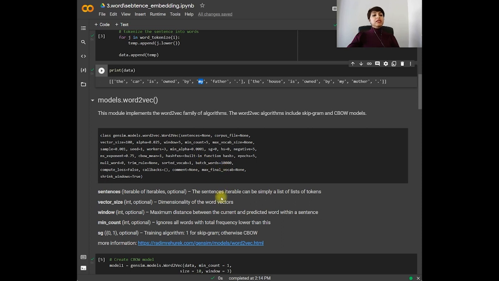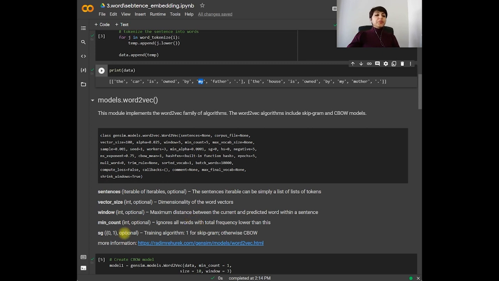We explained in the slides how this works. Minimum count ignores all the words with total frequency lower than this value. For example, if you set it at 2, any word which has a total frequency less than 2 isn't considered